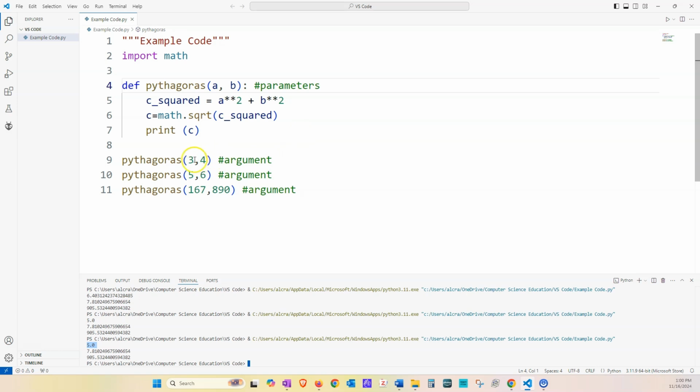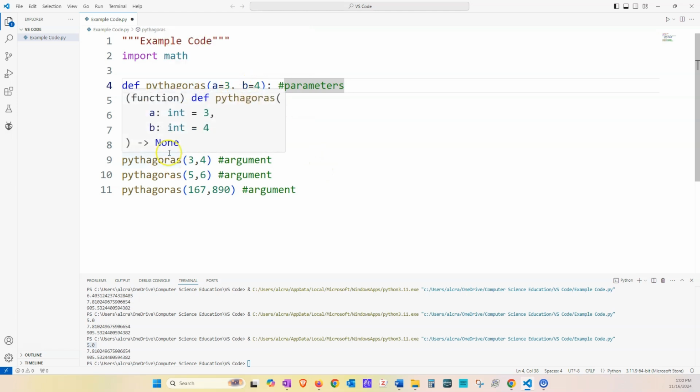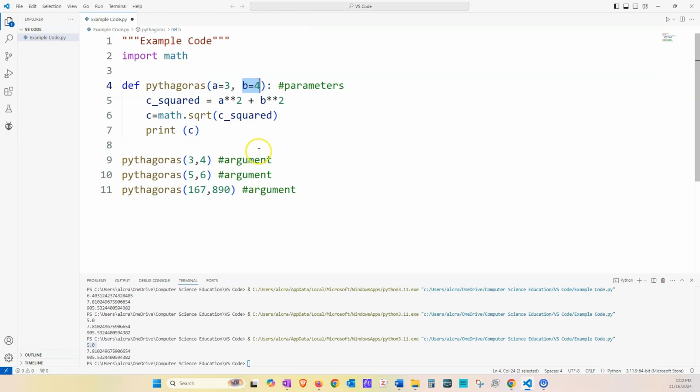But let's say that we are working with something that's always the same. Let's say that we know always, not always, but most of the time, we know the values of these. We know that this is going to be 3. We know that this is usually going to be 4. So they'll usually be 3 and 4, but maybe not always. These with the equals, these are called default functions. So it defaults to these values. So how do I call that? What do I do? Well, I'm going to just take this off, and I'm going to call the